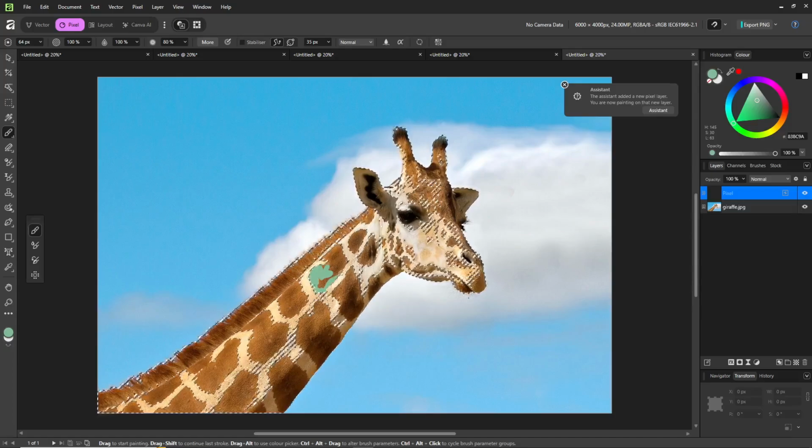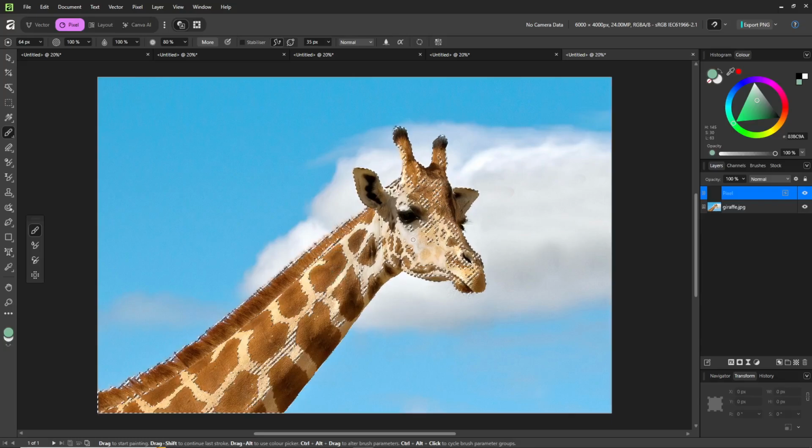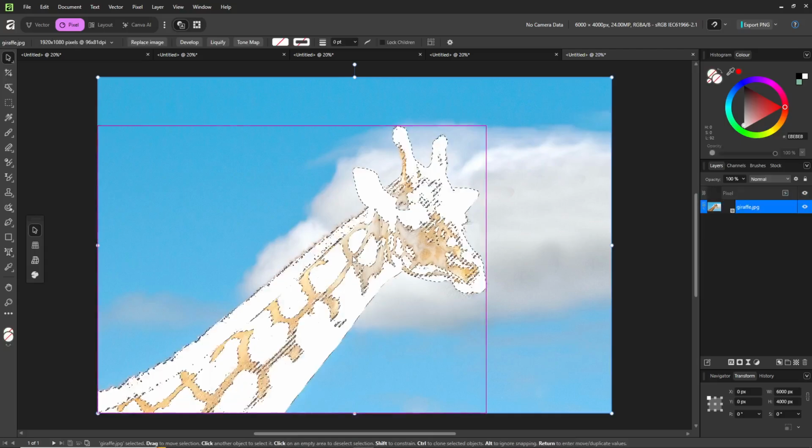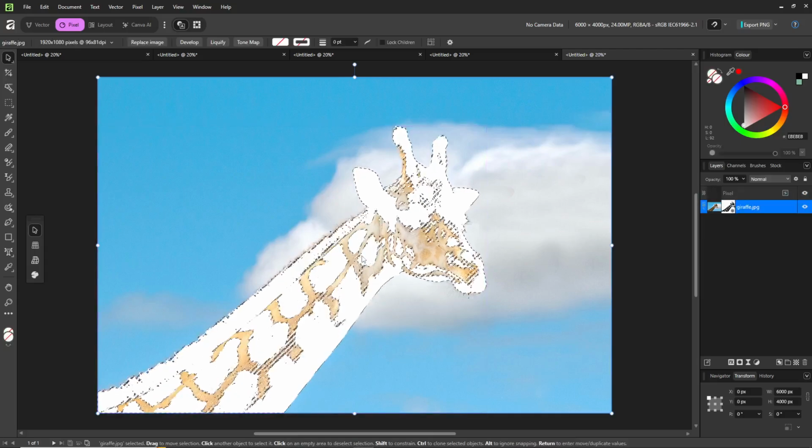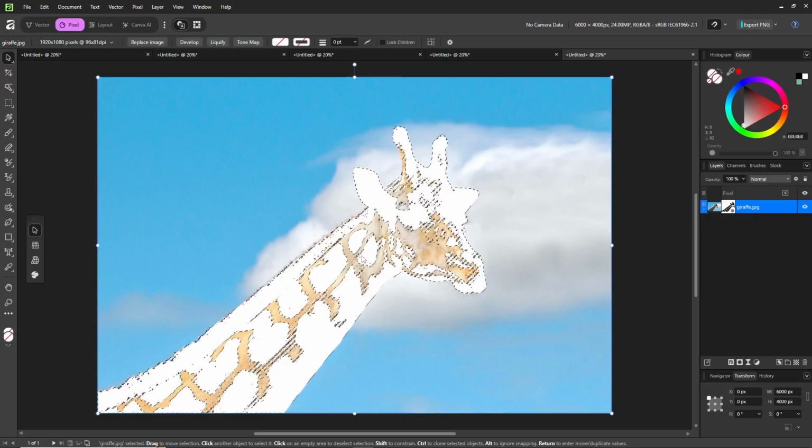Finally, if you want to delete the flood select area you've created, simply click Delete on your keyboard to remove the selected area. This clears your selection and allows you to start fresh or move on to the next part of your project. And that's everything you need to know about using the flood selection tool in Affinity